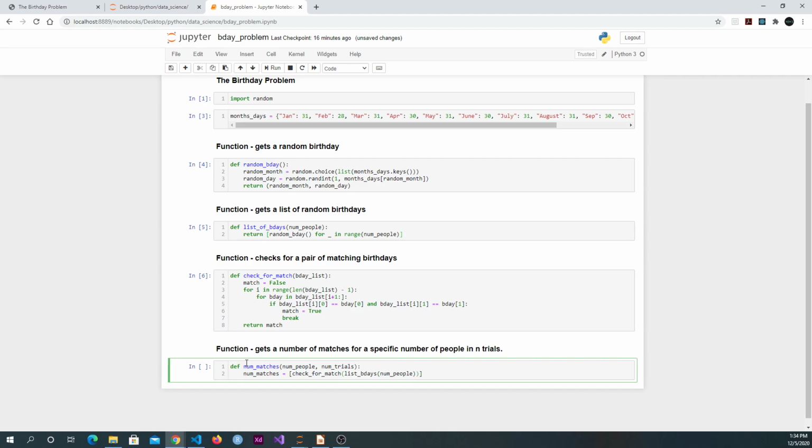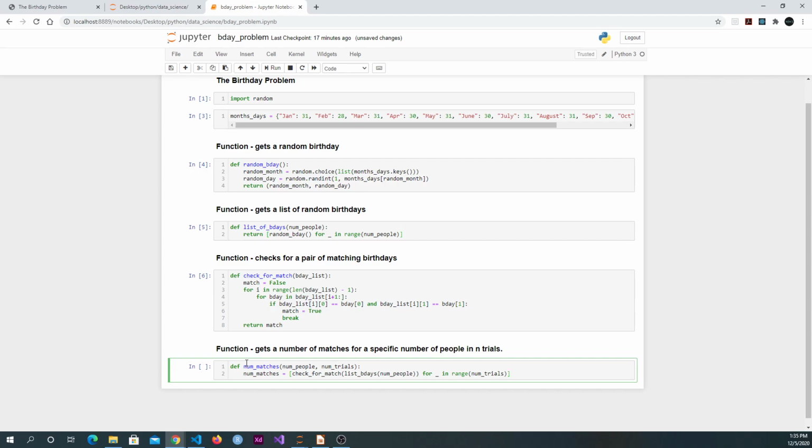All right, but we want to do this not just one time, we want to do it a bunch of times, right, for n trials. Okay, so that's just going to give us a list, right? That list isn't going to tell us anything about a probability. What we're going to do is we're going to count the number of matches,